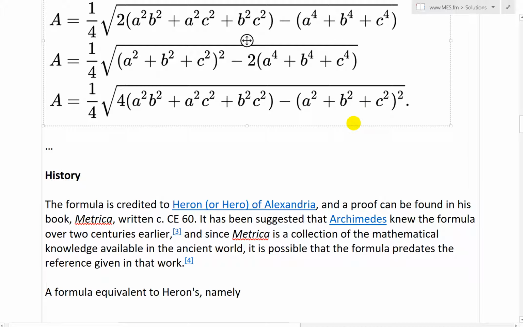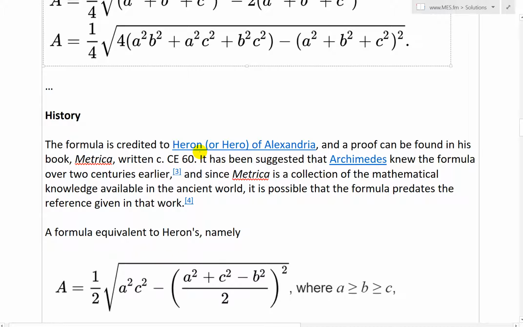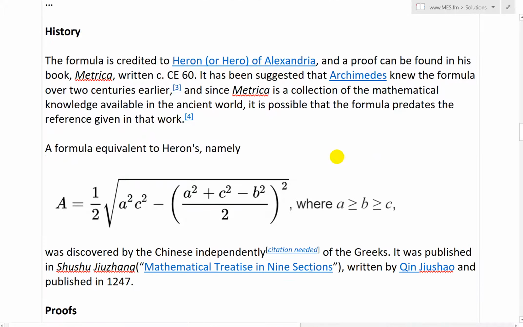So let's go over a quick history. The formula is credited to Heron, or Hero, of Alexandria, and a proof can be found in his book Metrica, written Common Era 60 or AD 60. It has been suggested that Archimedes knew the formula over 2 centuries earlier, and since Metrica is a collection of the mathematical knowledge available in the ancient world, it is possible that the formula predates the reference given in that